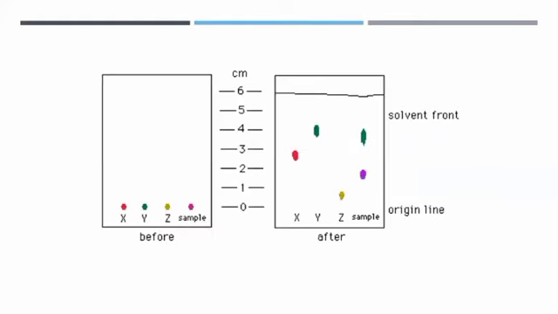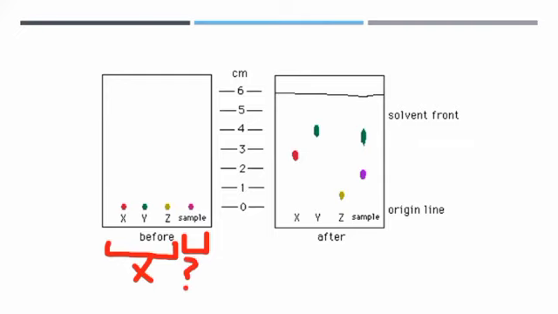Here you have an example that you have these three known samples, X, Y, and Z. You know what X, Y, and Z are, and you have this sample that you don't know what it contains. So where is chromatography important? For example, you want to test a food dye, whether it contains the banned dyes or not. There can be very few banned dyes, but a lot of allowed dyes. So we're going to take all the known banned dyes that we have, and we're going to put them with the sample, and we're going to separate all four. So for example, X, Y, and Z are the banned dyes, and the sample is the one that we don't know what it contains. So let's separate it.